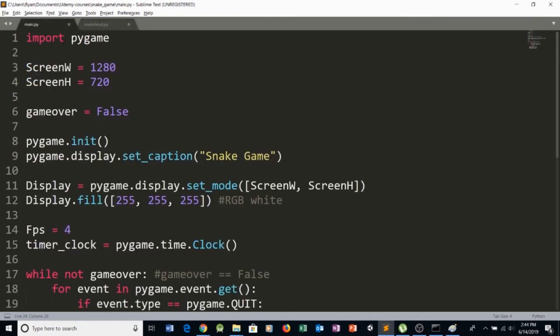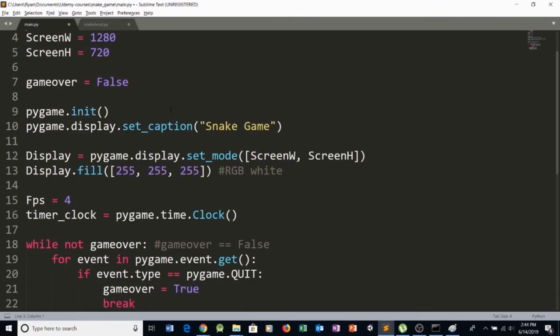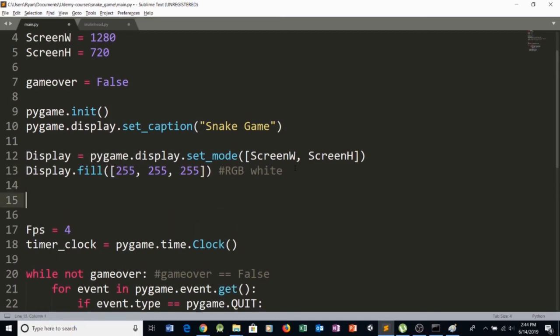Now what we can do is go here into our main.py and import our snakehead class that we just created. Alright, and then what we can do here is create a snakehead. So let's create a snakehead object or instance. We'll call it a head or s head